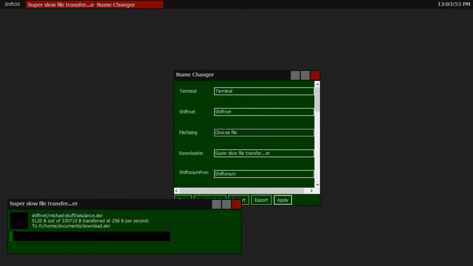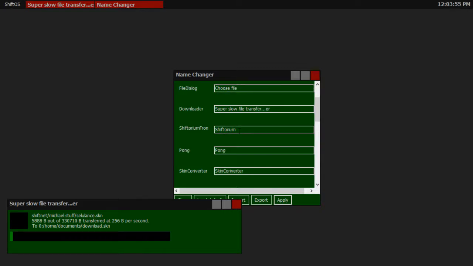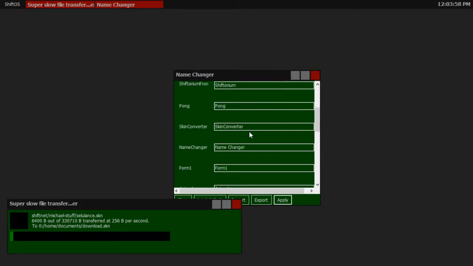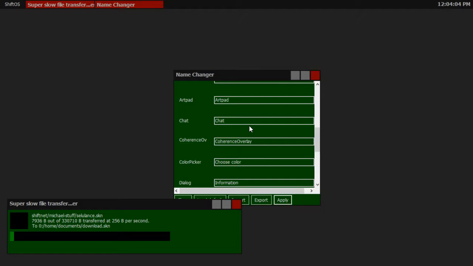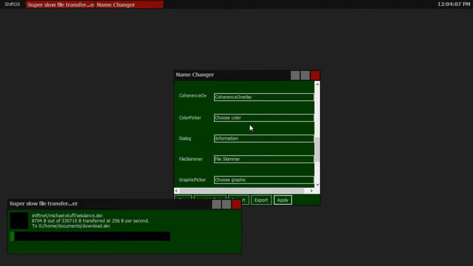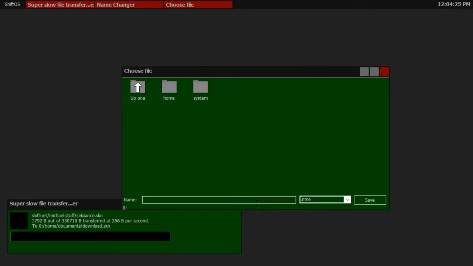For example, I could change the... oh, where is it? I'm looking for color picker. Form 1, we don't want to worry about that. That's a mod. Choose color. If I wanted to make it say pick a color, I could. And then let's say I wanted to share this pack with my friends, I could click export and then save